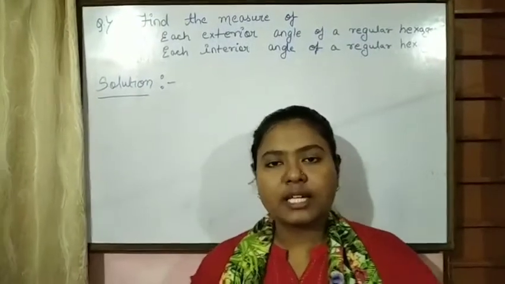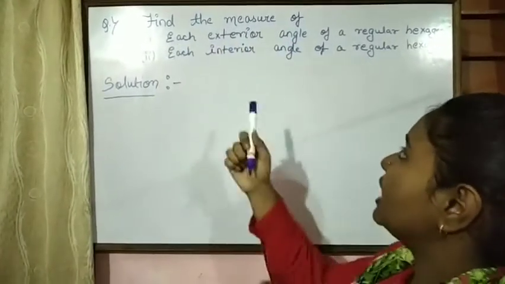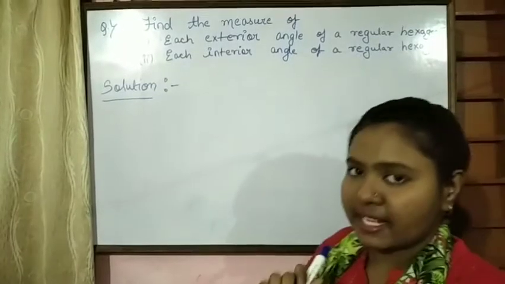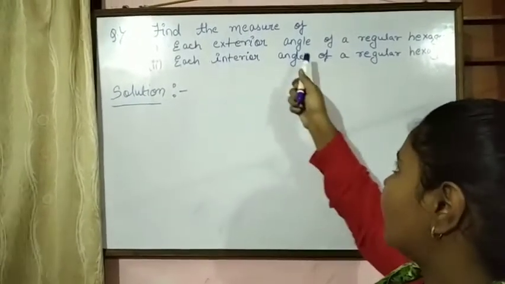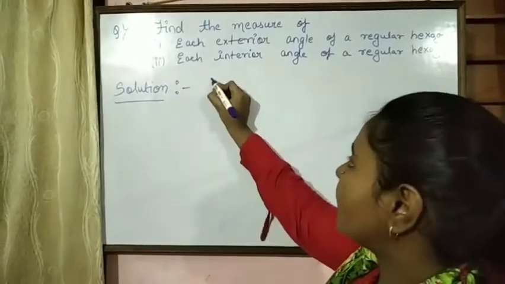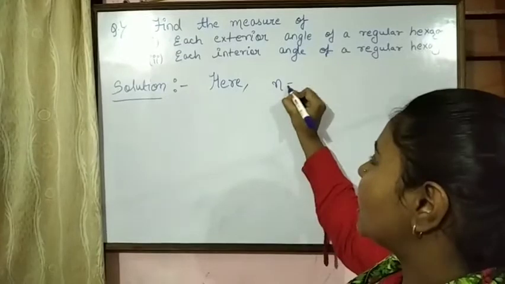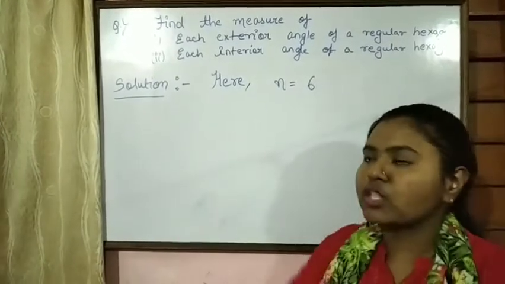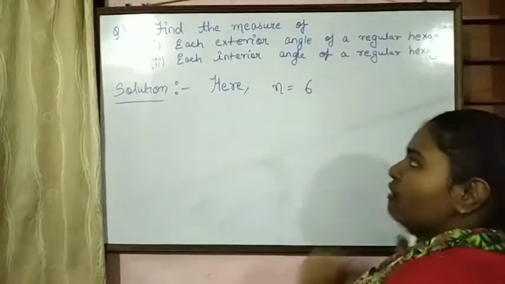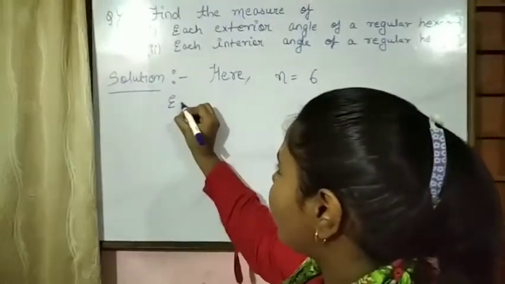Now students, let us solve a numerical. Question is, find the measure of each exterior angle of a regular hexagon, each interior angle of a regular hexagon. Students, you know that in a regular hexagon, we have how many sides? We have n equal to 6. Okay students? Now, we have to find first each exterior angle. Therefore, each exterior angle,